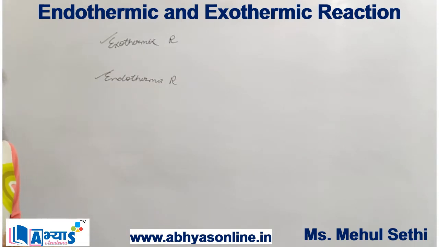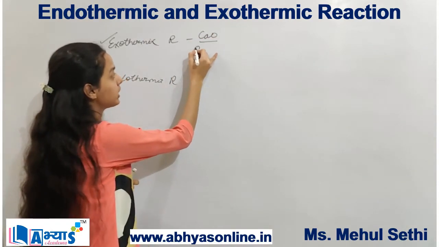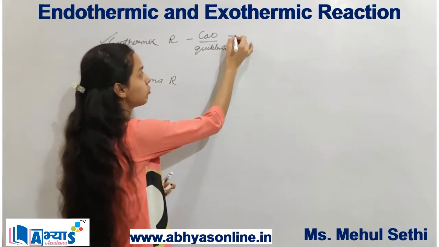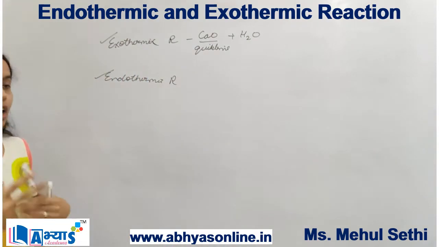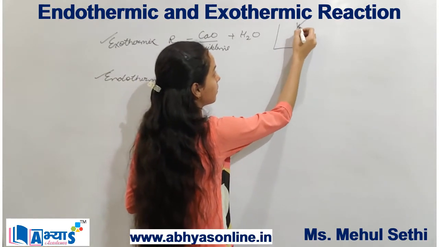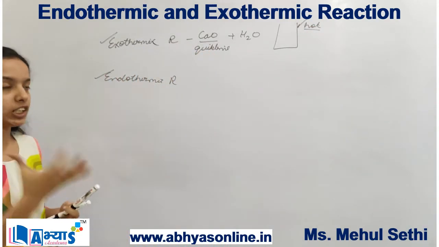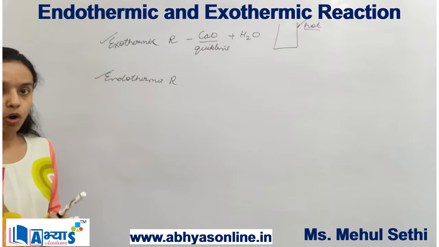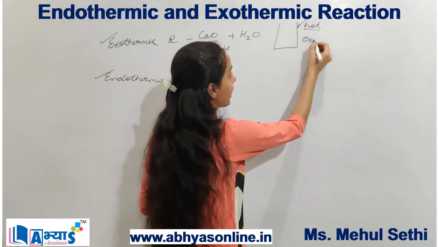So let us take an example of an exothermic reaction. Suppose I have calcium oxide, which is known as quicklime. When this calcium oxide is mixed with water in a beaker, and you stir this solution, a lot of heat is generated. We can check this by just touching the beaker. The beaker will become hot. That means a lot of heat is produced, and such a reaction is known as an exothermic reaction, in which a substance is formed because it is a chemical reaction and a lot of heat is produced. That is why it is an exothermic reaction.